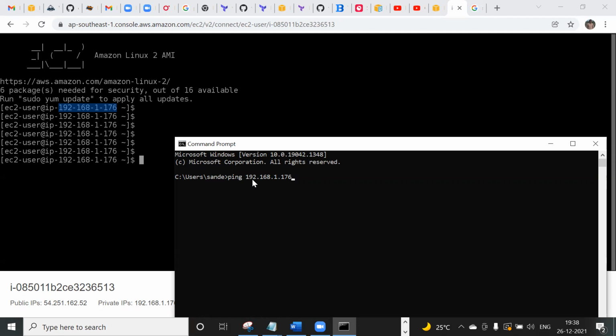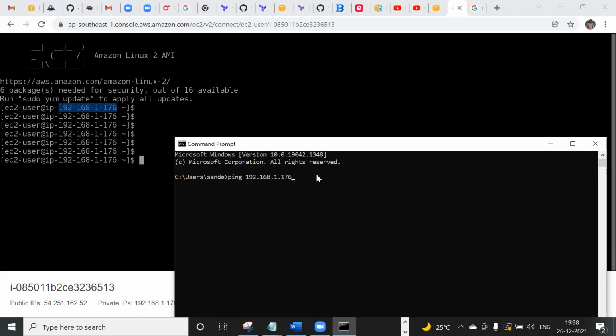We didn't route the private subnet to the public subnet. Sorry? We did not route the private subnet to the public IP in the routing tables. No, not like that.